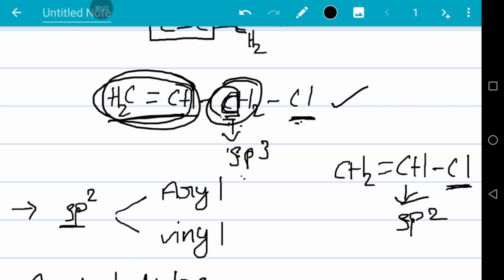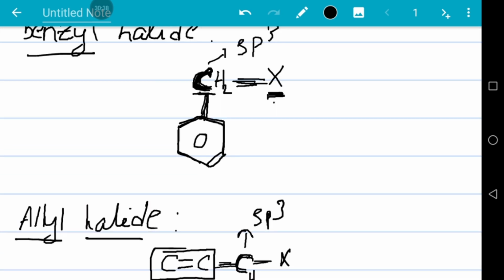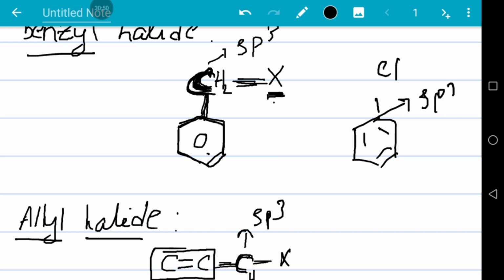Here this sp3 hybridized carbon which is adjacent to the double bond, but here chlorine is attached to carbon which is present in the double bond. Here adjacent to, here present, same like benzyl and aryl. Benzyl means what is that? Here halogen is attached to sp3 hybridized carbon which is adjacent to the benzene, but aryl halide means halogen is attached to sp2 hybridized carbon which is